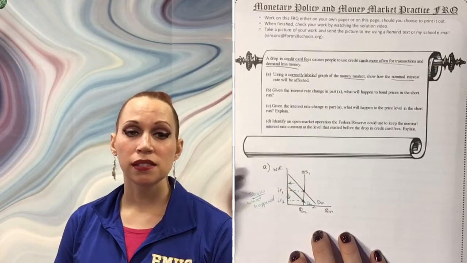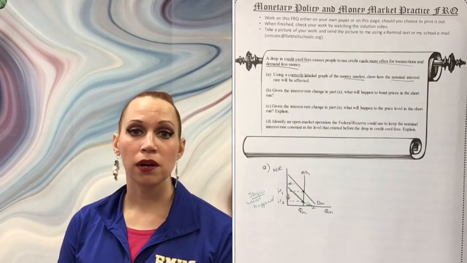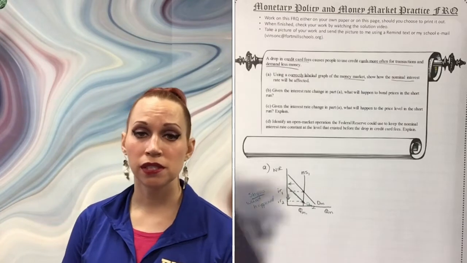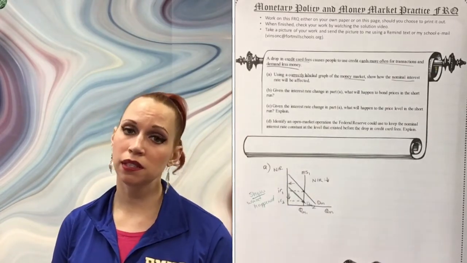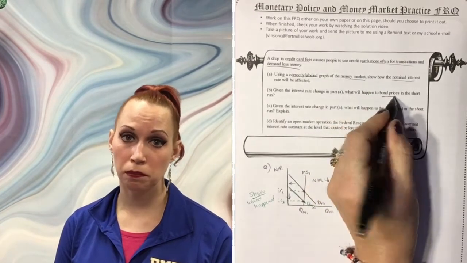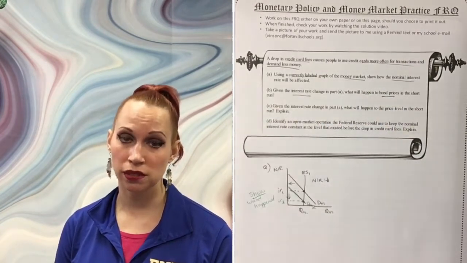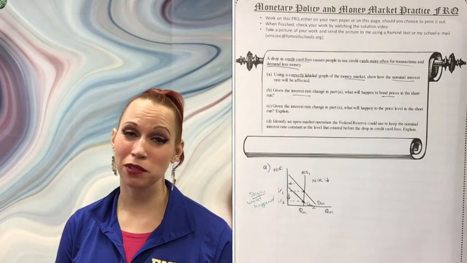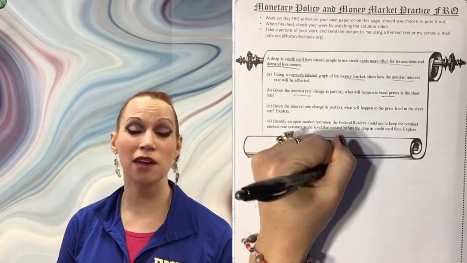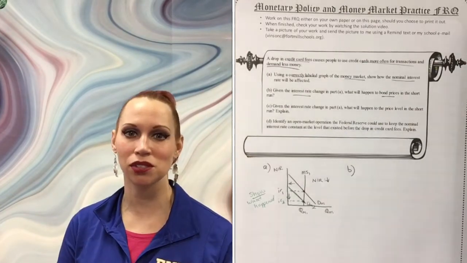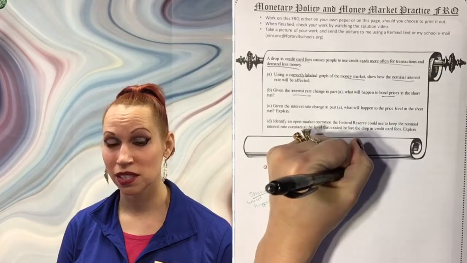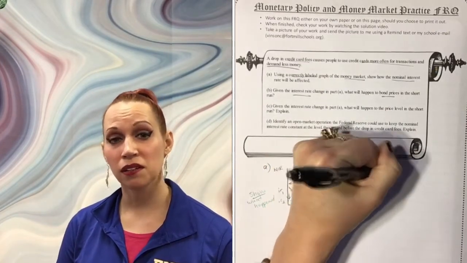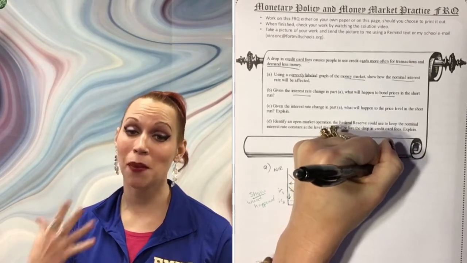Now part B says, given the interest rate shown on your graph in part A, the nominal interest rate decrease, how is that going to affect bond prices in the short run? Remember that we said that there is an inverse relationship between bond prices and interest rates. If people can't get a bond with a very good interest rate now, maybe you have a bond that's got like a 7% interest rate of return, and they can only get a bond that's like 3% interest rate of return. If the interest rates have gone down, that means that I'm going to be able to sell my 7%,